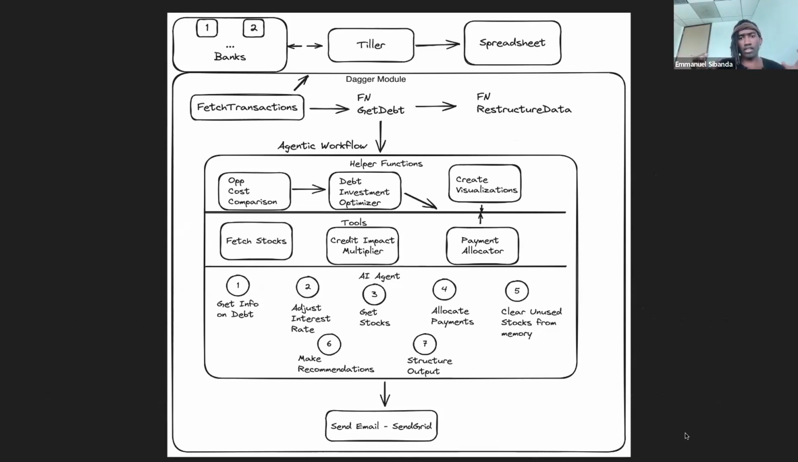I restructure the data just so I can send it in a format that makes more sense for AI. And then with the agentic AI workflow, I have tools. I have the fetched stocks tool. I have a credit impact multiplier tool, which is more of a function that I built, based on what AI passes in. So for example, it could be high importance, moderate importance, low importance. It assigns a score to whatever the AI passes in,